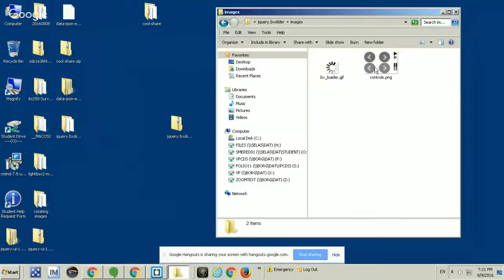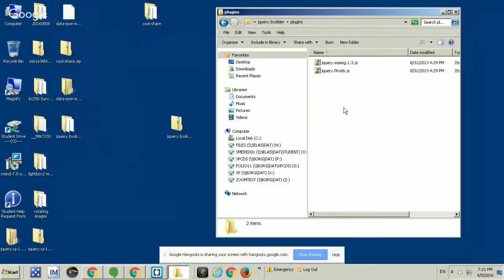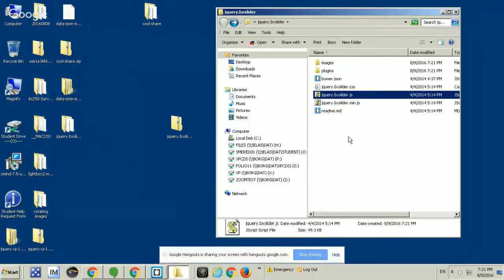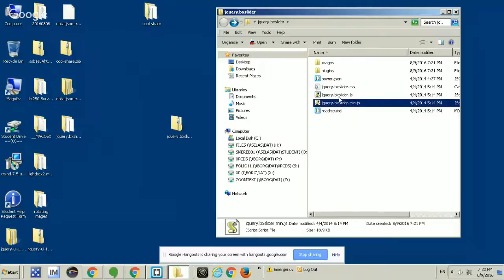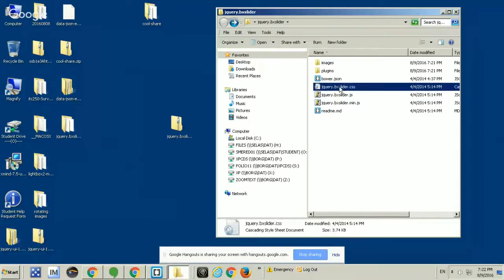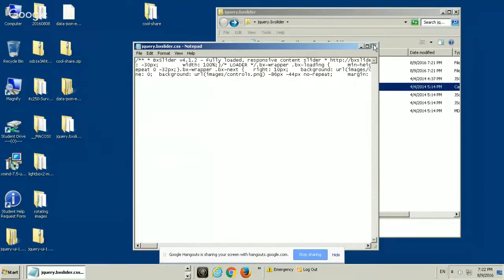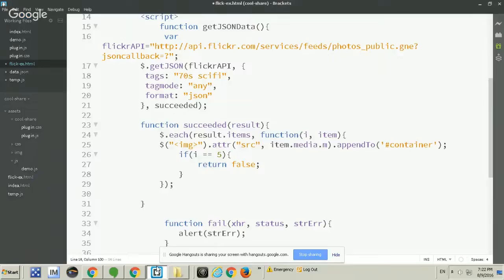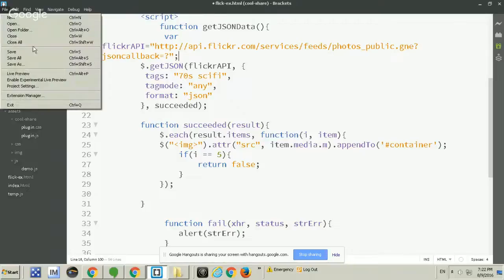Okay, so it comes with some images, the image control images. This is the plugin, the BX slider, and it has a minified or regular version, and it has a CSS file. And we can briefly examine these in